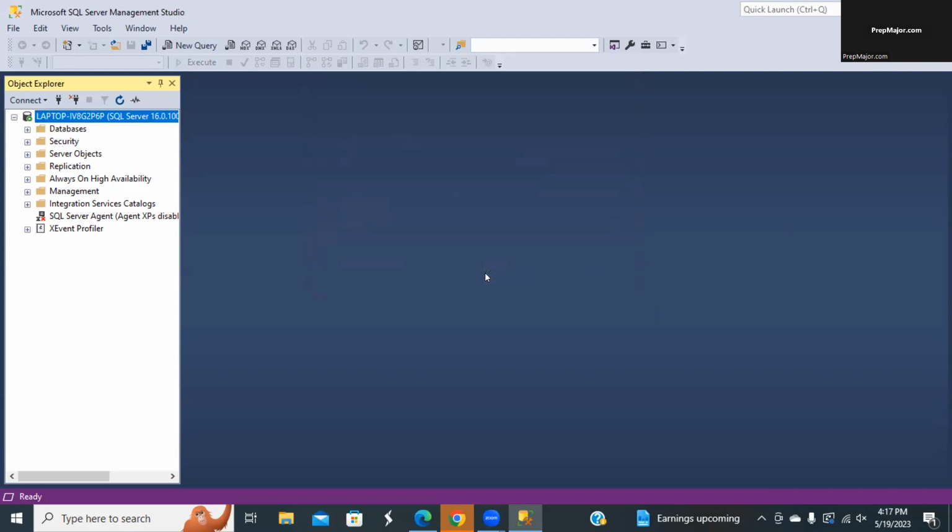So on the left, you're going to have all of your stuff. You can see databases and security, server objects, replication, management, integration service catalogs, and so on. What you're interested in is the databases for now. If you click the plus sign on the databases, at the moment, you can see it's empty. We have system databases, which is the default one that's come, and we have database snapshots, and that is where we are going to, actually,